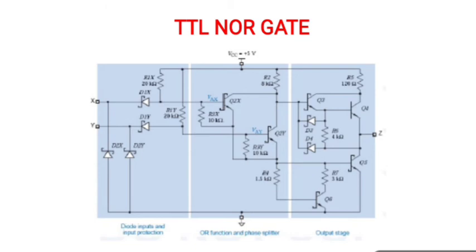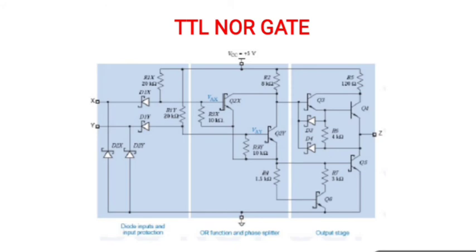Now Q3 will be on and Q4 will be on. VCC goes directly to the output Z, so the output becomes 1. The Schottky diodes D3 and D4 are used to reduce the leakage current with respect to the Q3 transistor. Whenever Q3 is on, the collector will be at 5 volts. That 5 volts is connected to the anode of the Schottky diode. Now the anode is greater than the cathode, so the diode will be on, and the current circulates back to the base. In order to avoid leakage current, we use these diodes D3 and D4. So this is the operation for X and Y equal to 0 0.